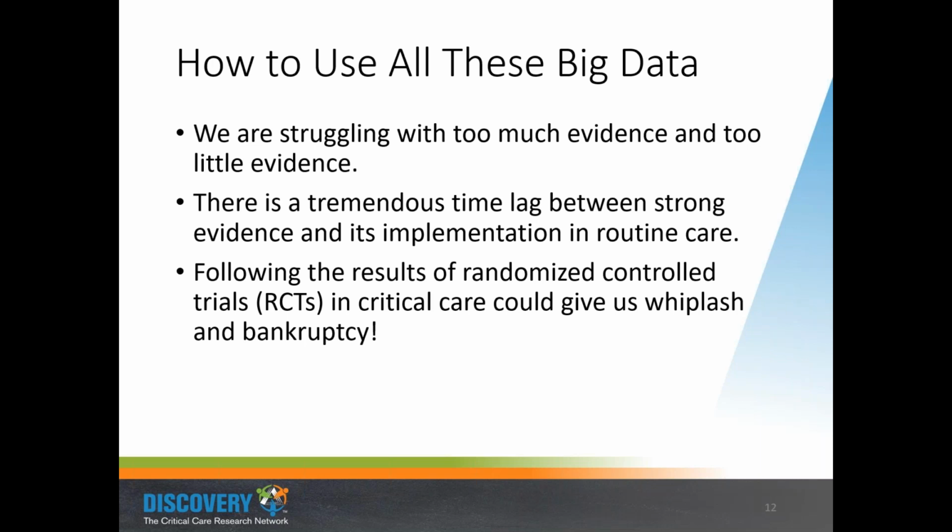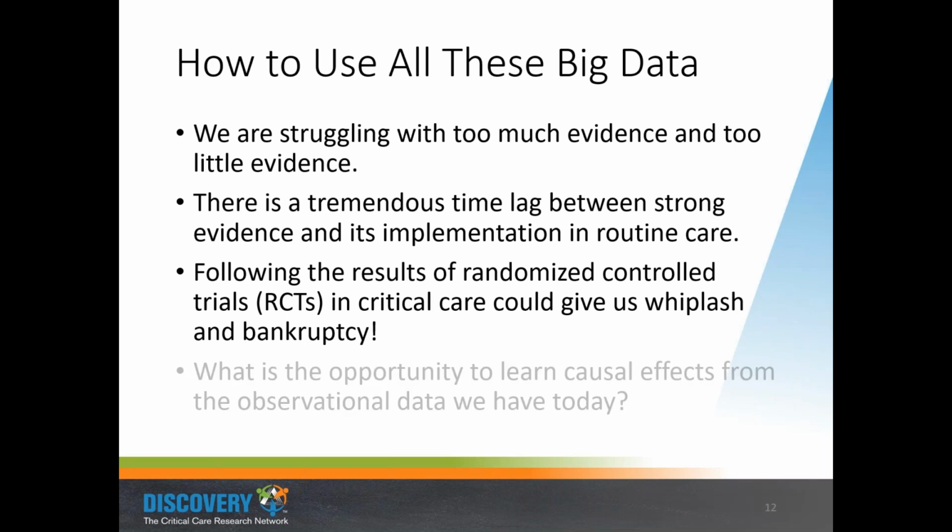So we've seen recommendations for protocolized sepsis care being beneficial, and then away from protocolized sepsis care being beneficial, and for steroids, and away from steroids, and most recently for neuromuscular blockers, and then away from neuromuscular blockers in severe hypoxemic respiratory failure. And each time these trials are done, they're also extremely expensive and really difficult to conduct. And so the ability to rapidly generate new evidence is challenged, and then that evidence is dynamically changing over time.